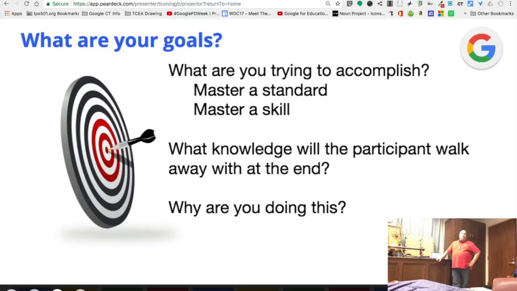Ours was, we're just throwing stuff against the wall to see if it'll stick as far as teacher training goes. If there's an idea somebody has, we'll try it. And if it works, it works. If it doesn't, then we try something else. So that's kind of how we started it. And now it's kind of grown into